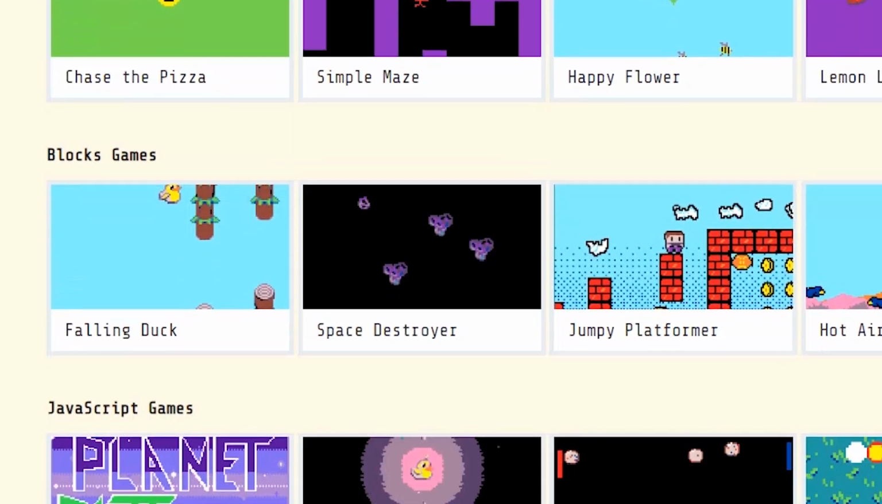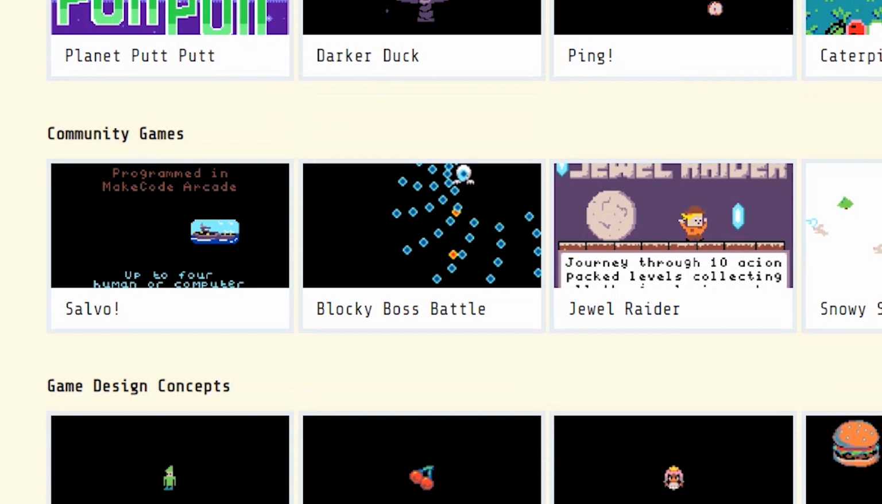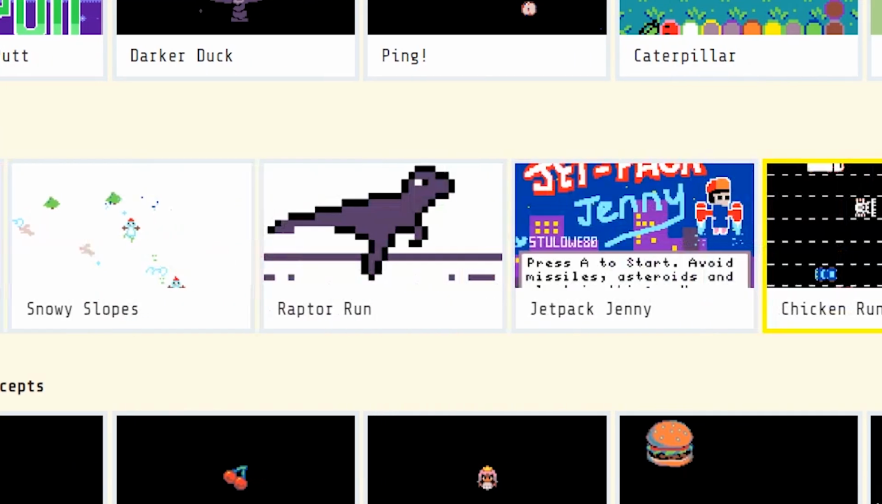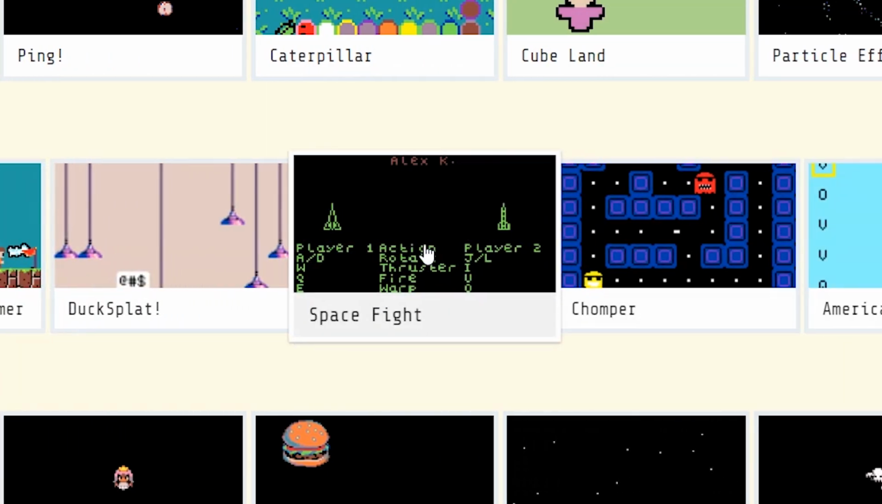On the arcade.makecode.com homepage, there are some games that are shared by the community. Do you have any of your games on the homepage? Sure. If we head down to the community section on the main page of MakeCode Arcade, Salvo, which, for those of you who played board games, is the original version of Battleship that you might have played. That game I wrote. And then if we scroll over to the right a little bit, Space Fight,